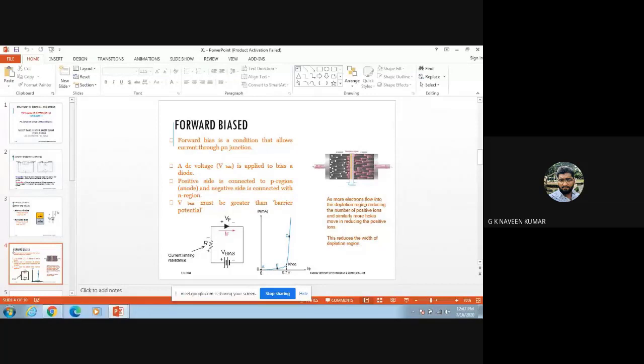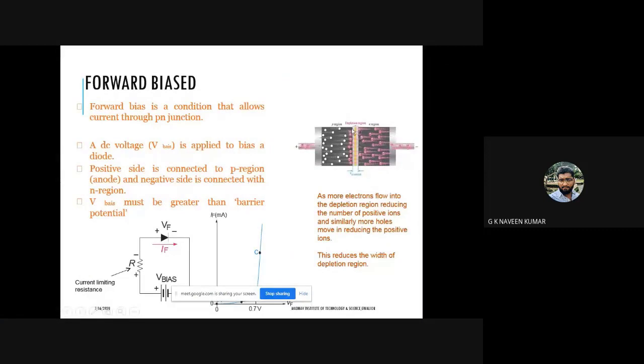You can see this one. This is a forward barrier. This is called the barrier. You can see the yellow part. This is called the barrier or depletion region. The depletion region is the junction between the P as well as N. If you see here, the circles are holes, and these are the negatively charged electrons. The majority in the P region will be holes and the majority in the N region will be electrons.